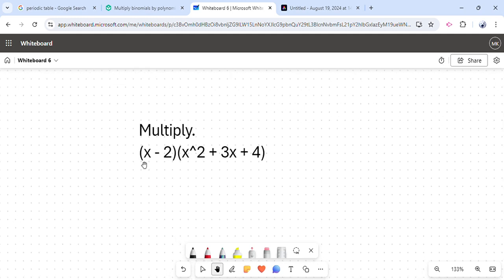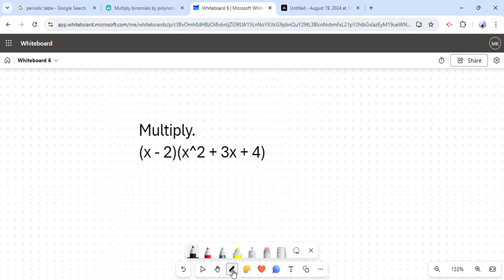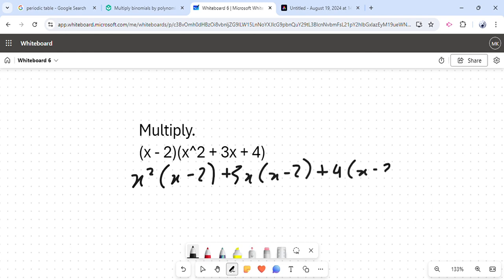And for this problem, we have to do x minus 2 times x squared plus 3x plus 4, and multiply each part of the second factor by x minus 2, and then put it all together like the other problems. So you can do x squared times x minus 2 plus 3x times x minus 2 plus 4 times x minus 2, and multiply it out, which would give you